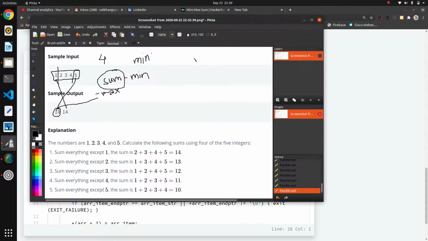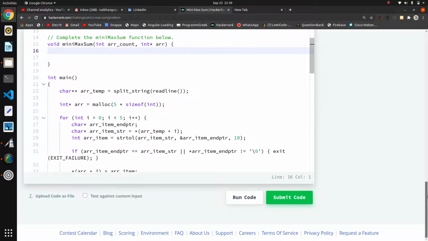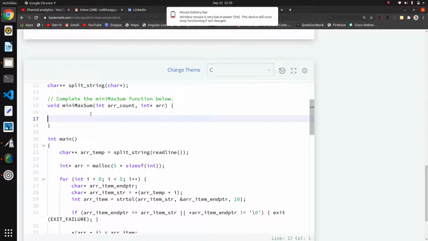For that, first of all I will create int minimum equal to 0, maximum equal to 0.